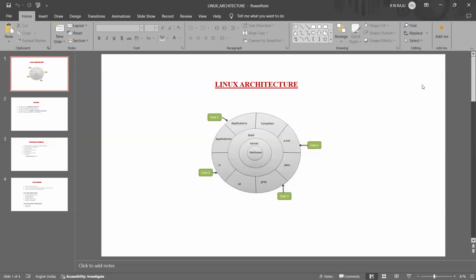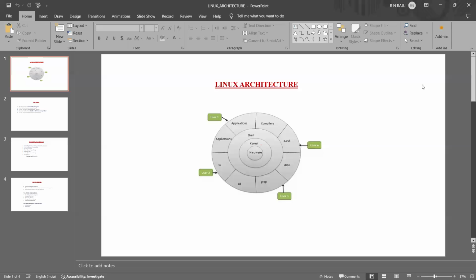Okay. Then the second important component, very important, which is called shell. S-H-E-L-L, shell. So what is meant by shell component? A shell is a command line interpreter. The first very important point, a shell is a command line interpreter. So what is meant by interpreter? It will convert high level language to low level language and low level language to high level language. I mean internally in the OS, like